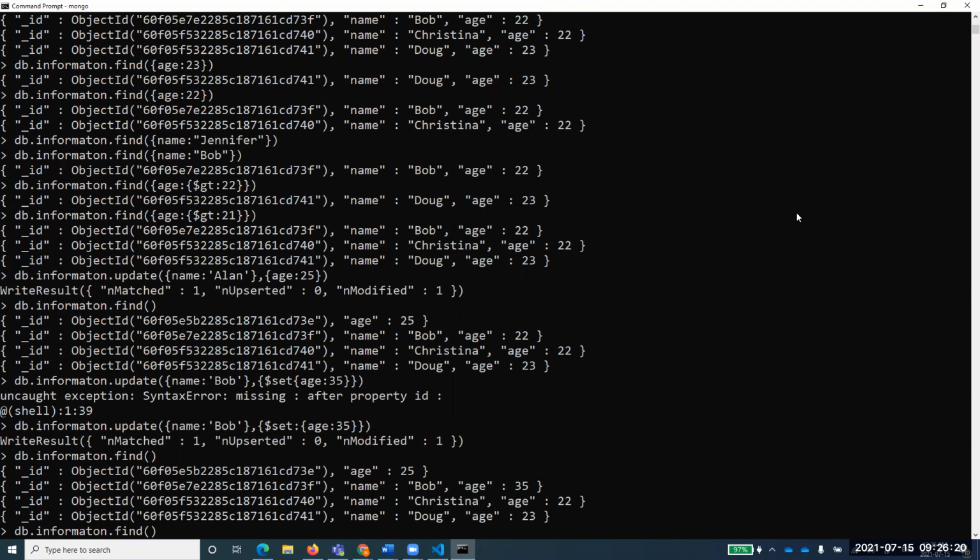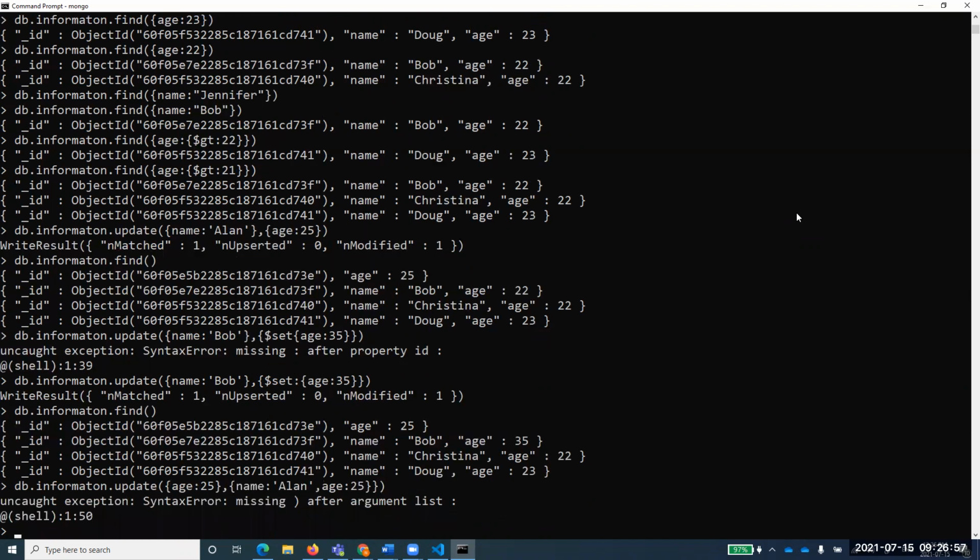Okay, so if I want to update that record, which I by mistake wrote down, I'll say age colon, what is the age? 25. And luckily we have only 125. So age colon 25, and not set, rather I am just defining a new record for it. So I say name should be set to Alan, and set age should be equal to 25. Again, I want to keep the same age, and I need to close this one, curly brace.